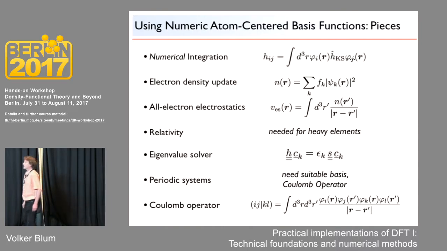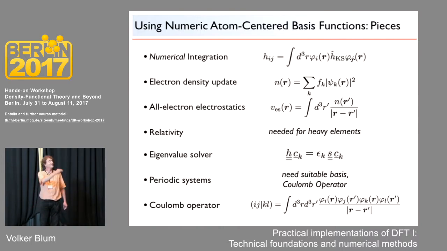Unfortunately, this brings us to the numerically tricky bits. We have basis functions, and somebody needs to write an integrator. Well, we need to solve integrals like this, which sandwich the Hamiltonian between different basis functions. We do need to update the electron density, which does cost time if you want to evaluate splines to do so. You need electrostatics, and if electrostatics is not accurate, any electronic structure code will go haywire,